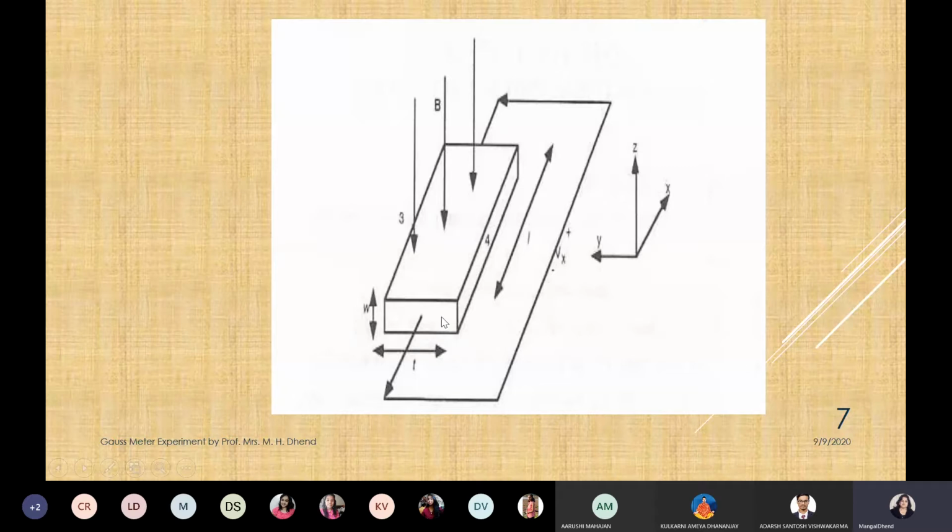Now what will happen when such a strip is placed in a magnetic field and current is also passed? The Lorentz force will act because there will be charge carriers. When current is flowing, there will be holes, positive ions and electrons, charge carriers. But due to the action of the magnetic flux density, those charge carriers will be deflected across the sides of this probe, across 3 and 4. Suppose holes will be here. All holes will come to the right-hand side of the strip, so holes will be shifted here and electrons will be shifted there.